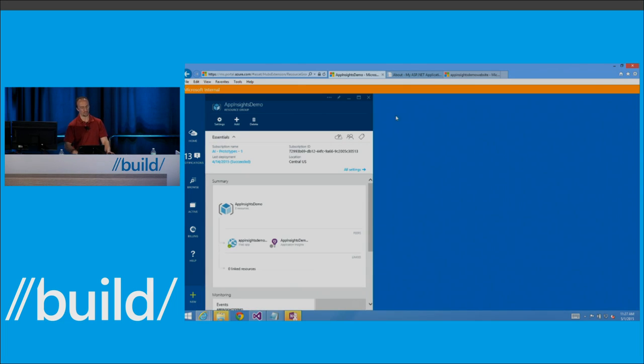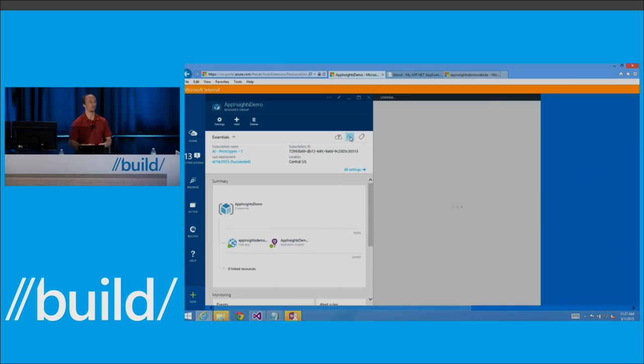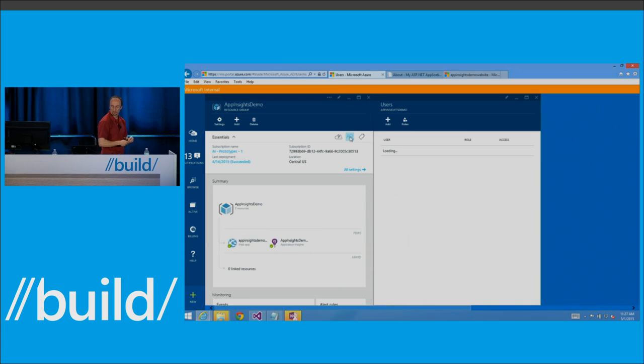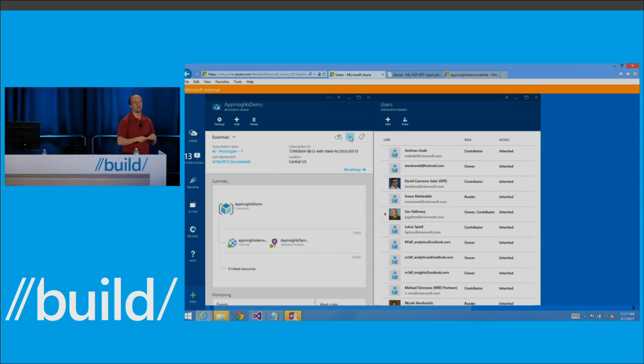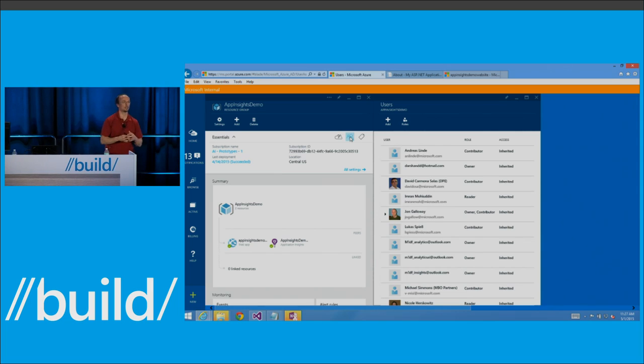This is the resource group where I have my website, Azure website, and the application component. I would recommend you use the feature where I can put read, write, admin rights on the resource. In this case, you would be able to control who can see telemetry for which